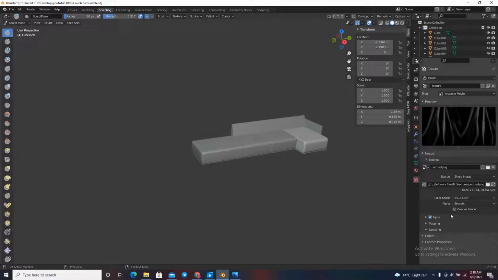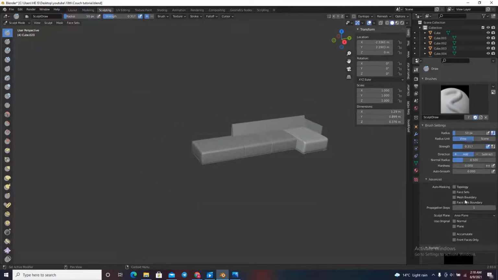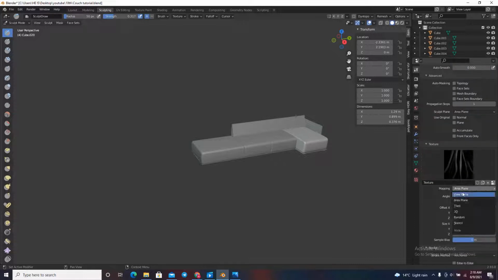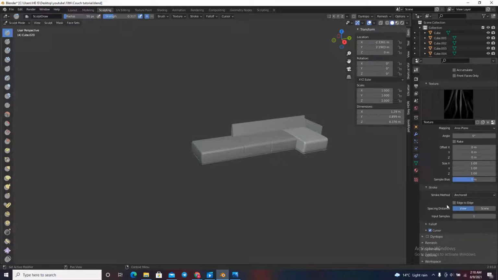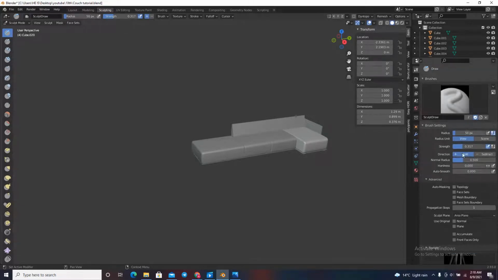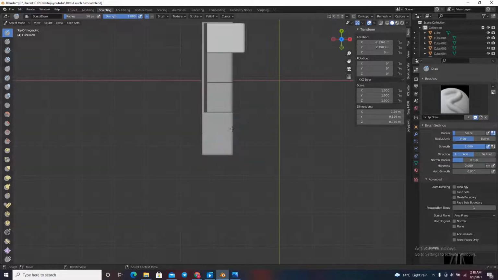After that, go to the properties of the brush right here, and change the mapping to area plane. Make sure that this one is area plane. In your case, this is probably tiled, so make sure it is area plane, and change the stroke method to anchored. Probably this one is space, so just change it to anchored. After you do that, if I change the strength to 1 to show you the effect that we are going to get,